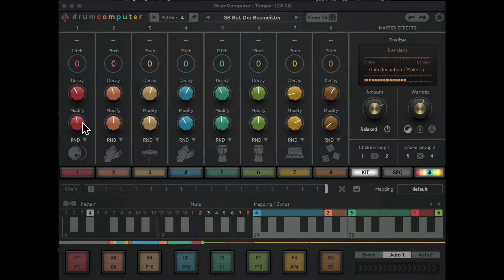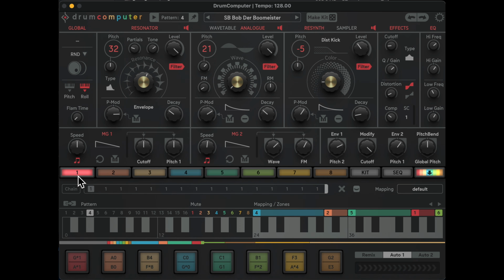So you start off with these general views where you can see the individual drums that have been assigned to each lane. And if you click on the number sign for each one of those 8, it brings up the drum synth. And the synth is organized into several sound sources. There's a resonator, there's a wavetable. You've got either wavetable or analog sources for your sound. And there's this last category for resynth and sampler. So potentially you can pick a sample